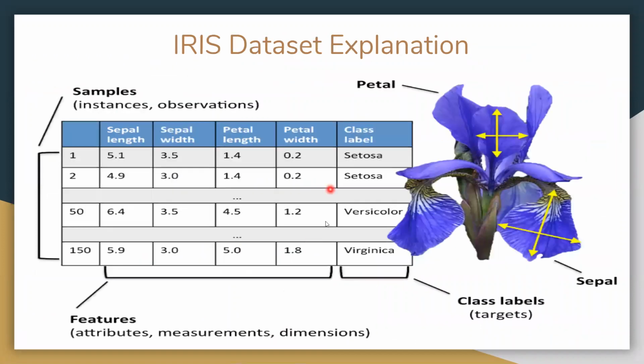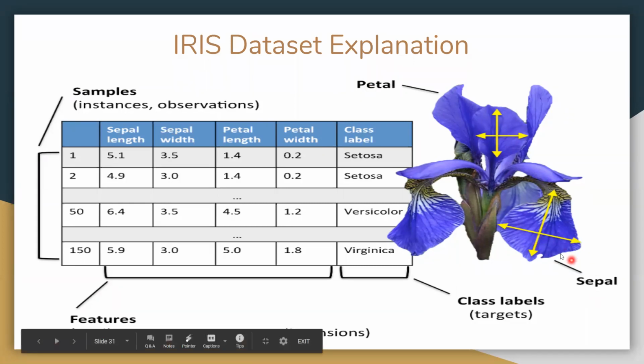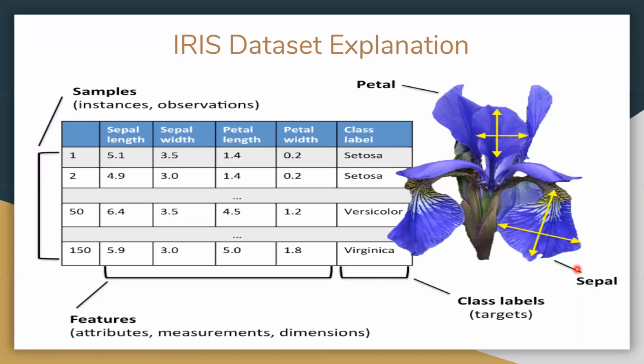So a simple example we will take. This is the iris data set. This is a famous data set. Whoever is getting into data science, definitely they start working on this iris data set. The iris data set is a flowers data set. You have the petals, you have the sepals. If you are familiar with this flower, it's okay. Otherwise, imagine our own flowers, we have rose flowers and other flowers.